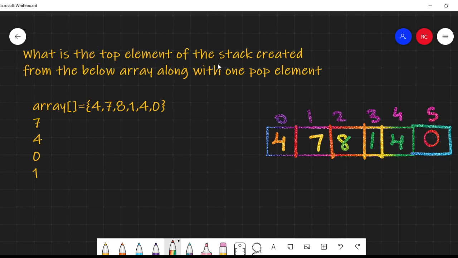Now, what is the top element of the stack created from the below array, that is this particular array, along with one pop element? That means when you remove one element, what will be the top? If you remove one element, which element will we remove? Will we remove the element that we entered first at index 0, or the element that we entered last at index 5? Of course, we'll remove the element which we entered last at index 5. When we remove that particular element,